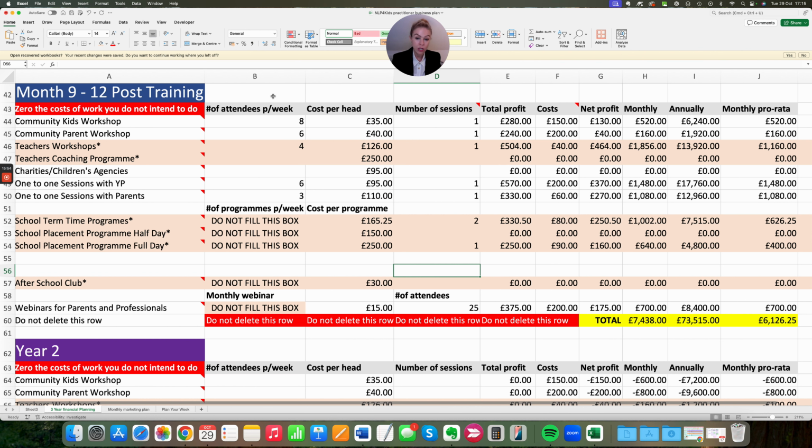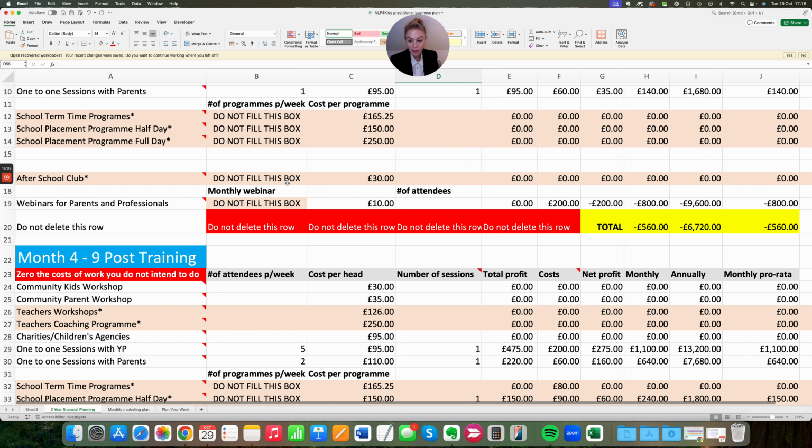You've got years 2 and 3 to look at as well, so that you can see what else happens if you keep building and growing with this profit planner. And the next stage will be to send it over to us so we can give it a once over and let you know if we think it's realistic, or if there are areas that maybe you hadn't considered, or areas that you might want to make some adjustments. And then we can look to get you booked in for a strategy call so that we can take you through to the next stage of starting to build your